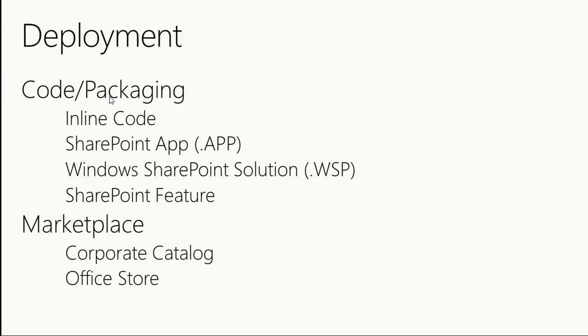And the marketplace is really important, right? This is new to 2013. You can sideload within your developer site, or within a publishing site, but really the official way to do it is to drop it into a catalog or a store, such that other people can manage the way to get that app. Okay? And you can become rich. Sound good?